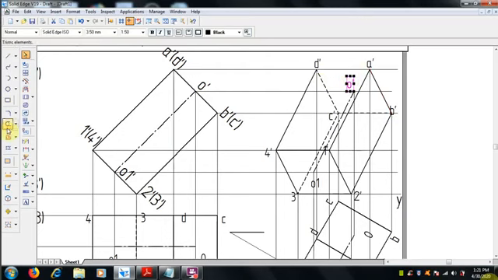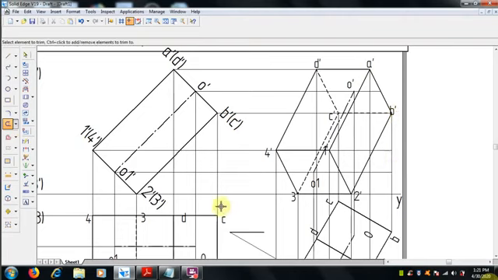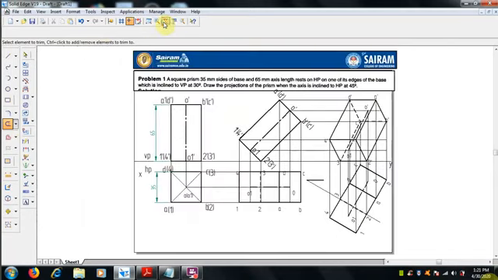So unwanted lines we can trim off. The extended lines over this you can remove. Make a fit command, fit option, where extra lines are there, where a dimension is missing, all the things we should finish off as per the given dimensions in the question.